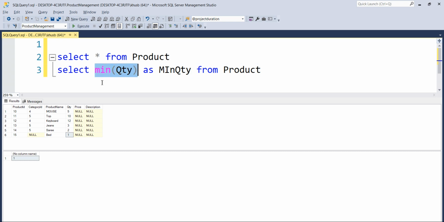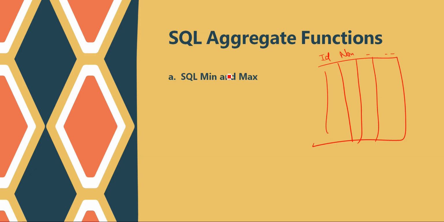So this is going to be a new name for this result, because this is basically a result. We are not creating anything new. We are showing a result based on our existing table. We are not going to create any new column, any new data. So this as, and then whatever name I want to give. So this is basically termed as alias name.